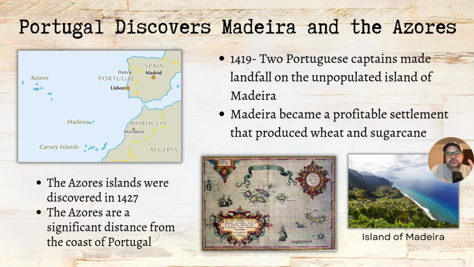The Azores are located about 750 miles off the coast of Portugal. So this really tells us, and this is where we start to really get this idea of how far the Portuguese sailed and when. So this tells us that the trips to the Azores are the farthest out onto the open ocean at this point by 1427 for any European sailors, right? They're not along the coast. They're not along the coast of Africa, right? You see the Canary Islands there as well. You see Madeira and then the Azores. So we know up until this point, 1427, this is the farthest out that European sailors have gone. And that crew then we can assume is capable of a fairly long journey away from coastlines.